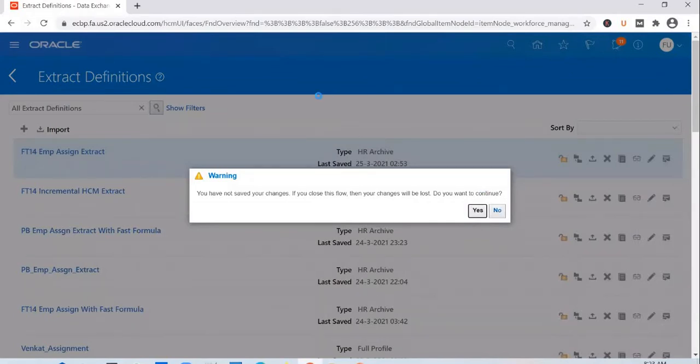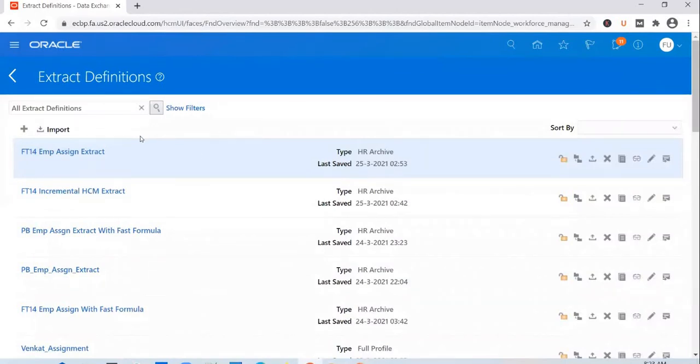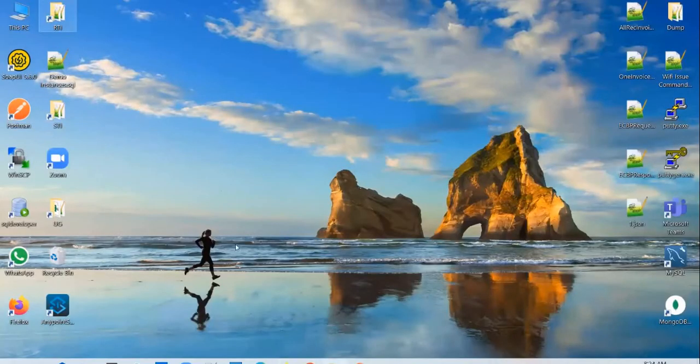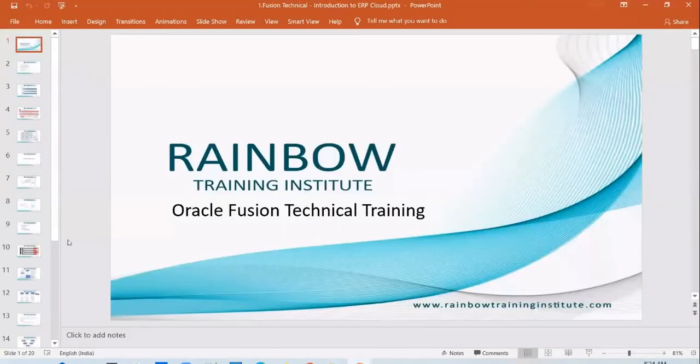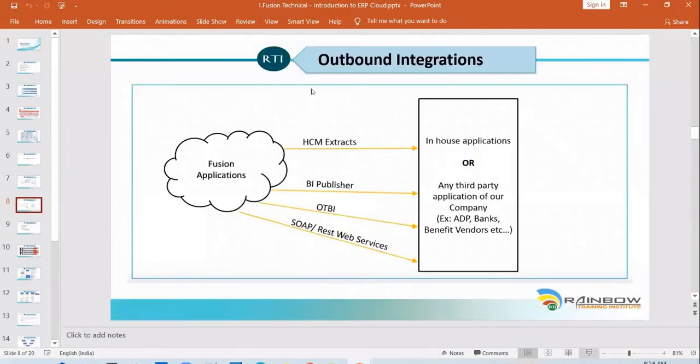Prasad, the HCM extract is there and bursting reports are there. Both are behaving the same now. What is the main difference? With the bursting report also we can send the data based on where we want to load it. If we want to send it to UCM or FTP, the same features are there. Correct, the same features are there, but the only difference is Oracle is trying to make your life easy in case you are poor in SQL.